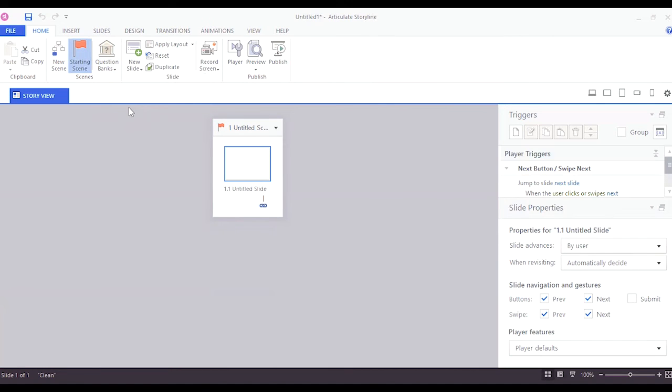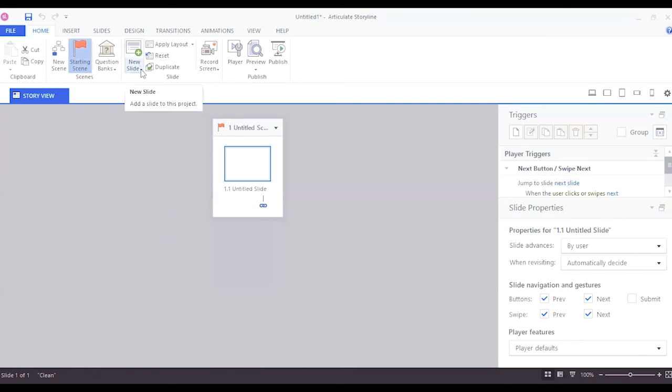The next option is that we can have question banks. If we click on this option, we can see that there are four options which we will elaborate on in our future sessions. But for today's session, it is basically an opportunity in which you can have questions from different pools of samples and from different sources. The next option is that we can have a new slide.